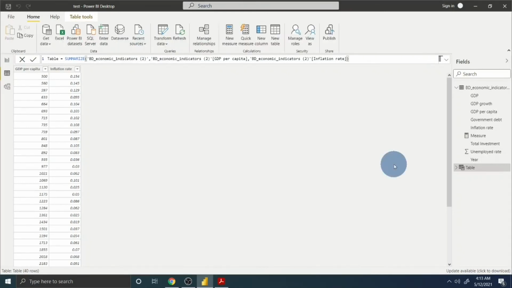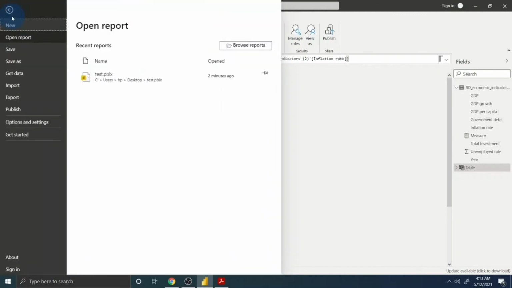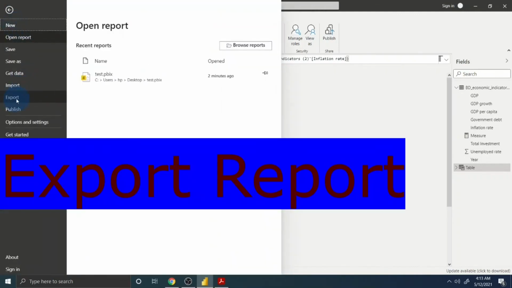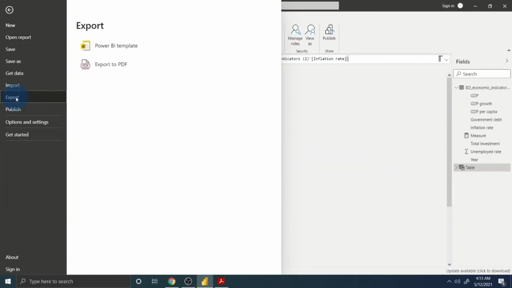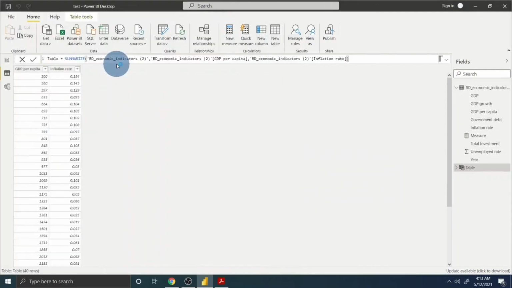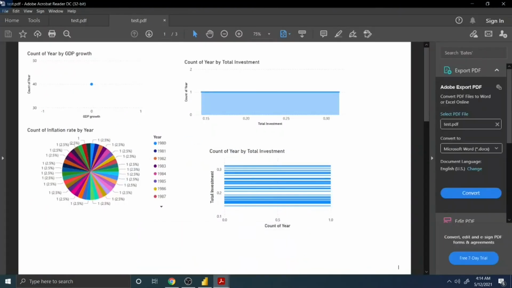So finally, once you finish everything, for example query, transformation, report and DAX query, what you have to do is just go to the file, you see here the export option. Just click the export option and export to PDF, and this will create a PDF version of your report. It will automatically export all the information that you have done in different pages in Power BI, and it will open up like this, and you have a very good PDF version of your query.